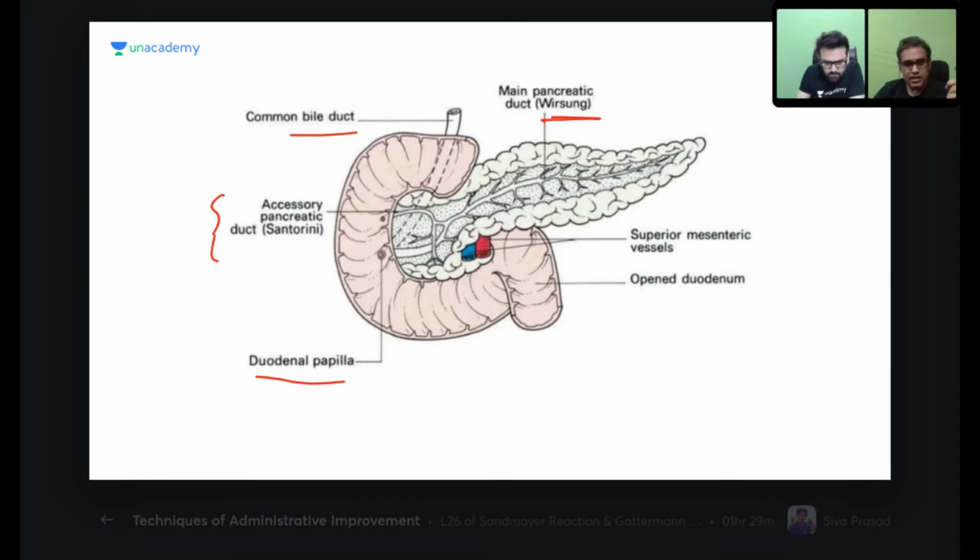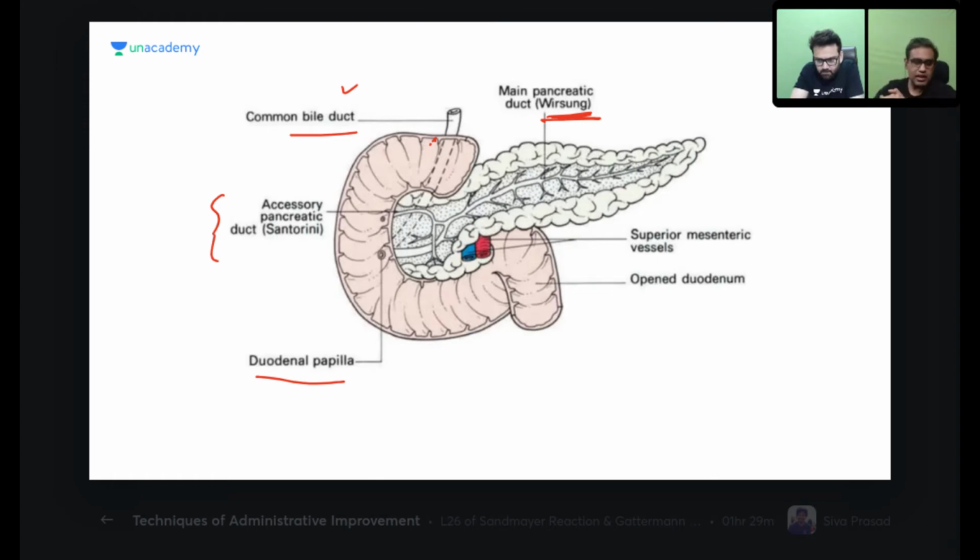Now in this figure, you can see the dotted bile duct. Why dotted? It is behind. So look at the relation also right over here. The common bile duct is behind the pancreas, it is behind the duodenum. Then as it rises above, it is in the right free margin of the lesser omentum. Okay, so that is a different thing. Epiploic foramen, remember the right free margin. So in this, you can see the relation of the CBD with the duct of Wirsung and how they are communicating with each other, because embryologically they came from a bud which was nearby the hepatic and the ventral pancreatic bud.